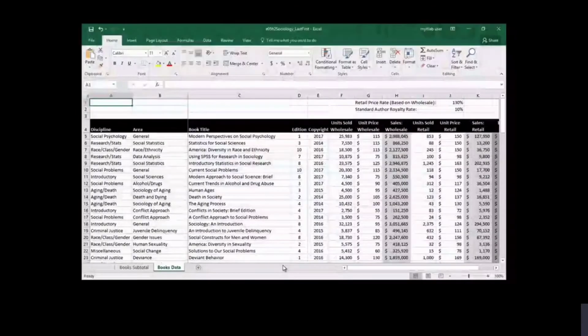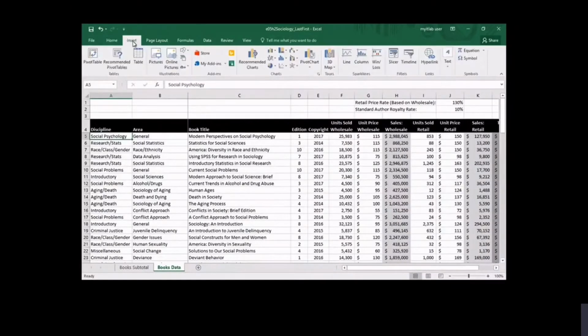Although the subtotal feature is helpful to display aggregates by categories, it is limited in functionality. For more thorough analysis of the sociology textbook sales, you create and modify a pivot table. You use the data on the Books Data worksheet as the data source to create a pivot table for the sociology department book sales. To create a pivot table, you need to use a regular range of data, not one